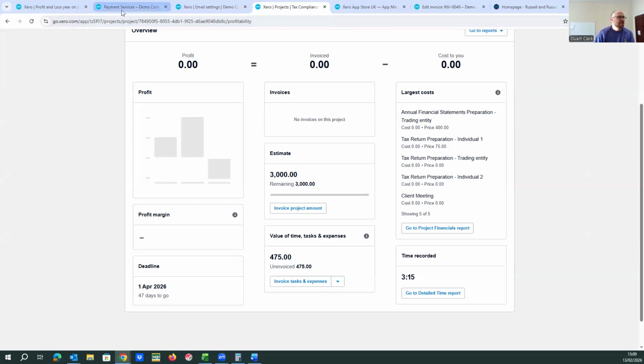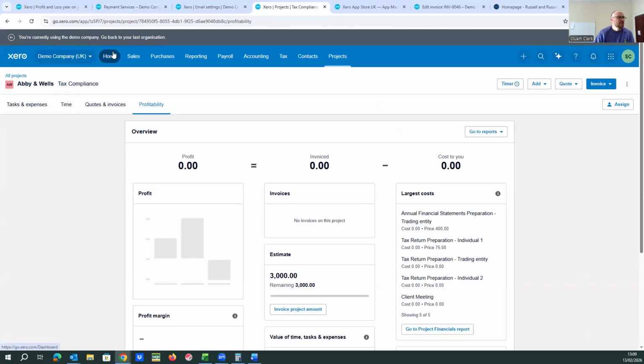I think it's one of those things with Xero, there's so many, even just going on the toolbar and having a look and playing about with some of the tips and hints. There's lots of shortcuts that we're probably not utilizing on a day-to-day basis. So even like getting the email set up,